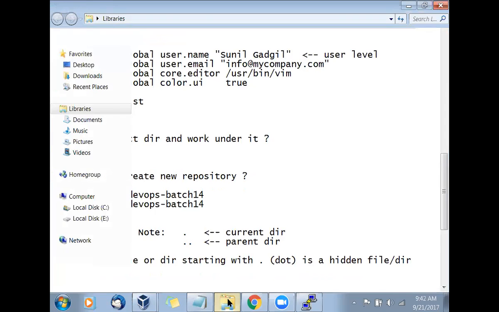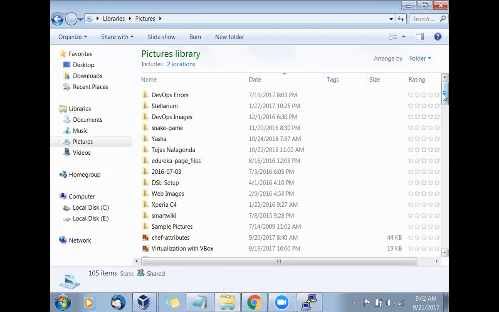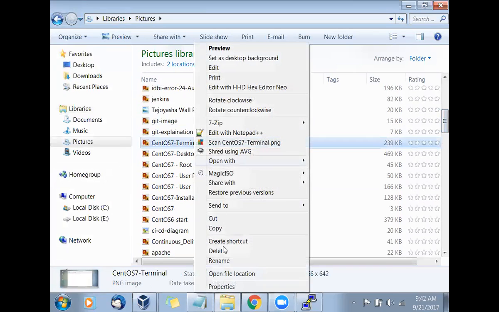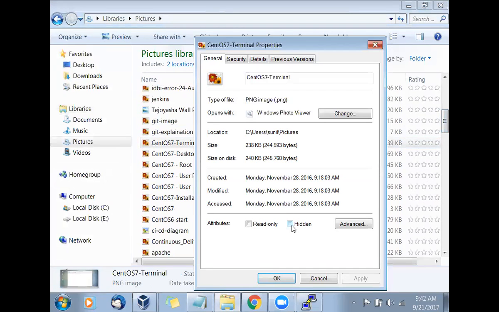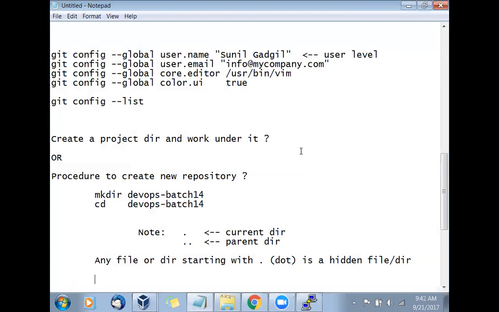But in Windows, how will you make that? You'll open the file. Let's open some picture. Let's say I want to make this hidden. What I will do is right click, Properties, and Hidden. It's the same thing you're doing here also, but you're going through a nice GUI. Go here, go here, go here, a hundred screens you will pass. Here you can directly say, create the file, go down, done. Is it clear?